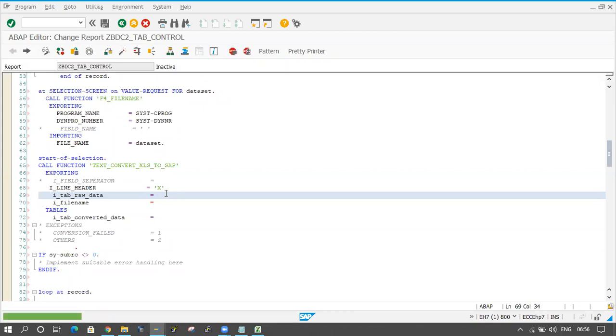I think SAP has provided this option for the future. I mean, they may give another option in the next release. I don't know exactly, but they have introduced this one. In the next release they may give some options or advantages for it, but in this release they didn't give any. I have checked in the function module source code, and I have checked on Google. I didn't get any information for that.